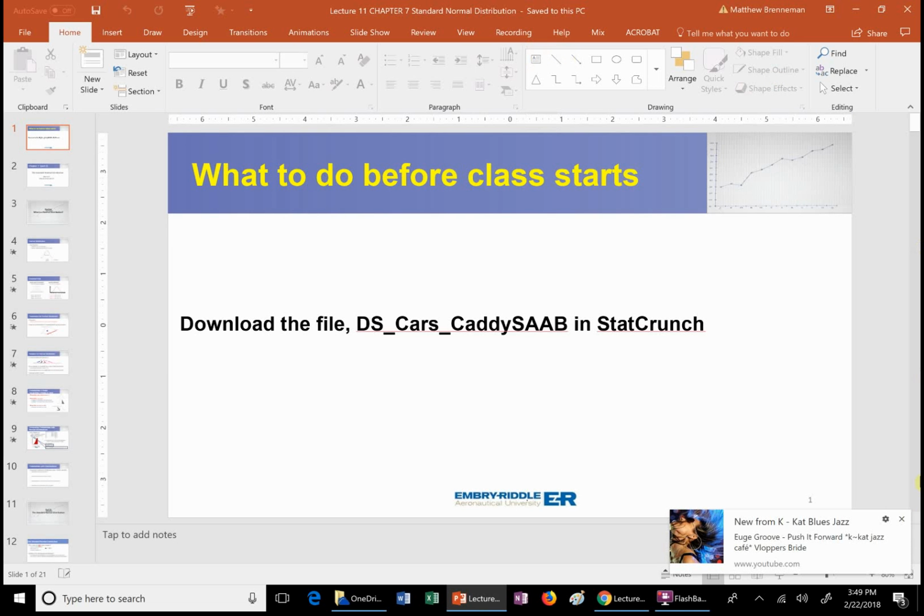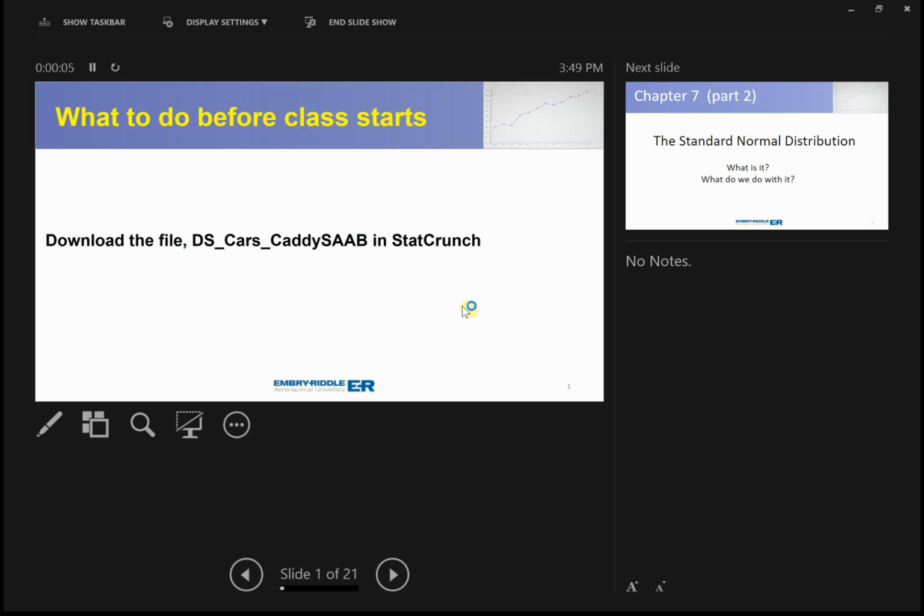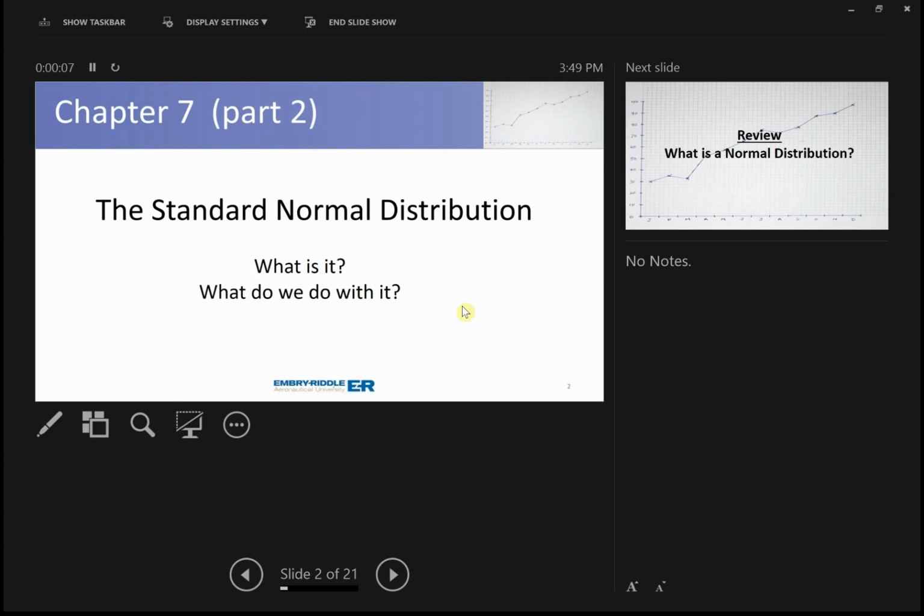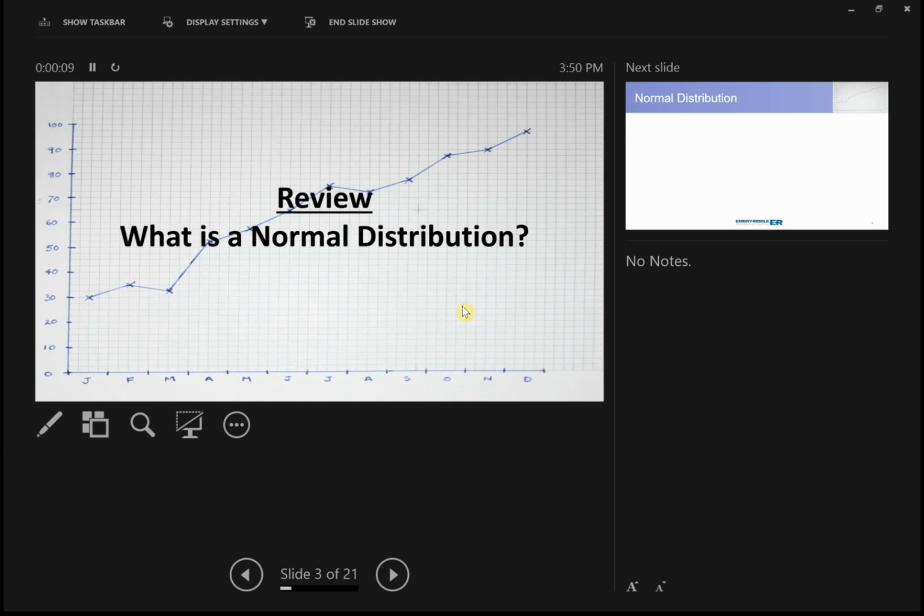So what we want to do today is talk about the standard normal distribution. This is section 7. I want to talk a little bit about normal distributions. I want to go back and just review a few things. We're going to be working with normal distributions throughout the entire semester. So this distribution is so important that we definitely want to spend a little time looking at it in more